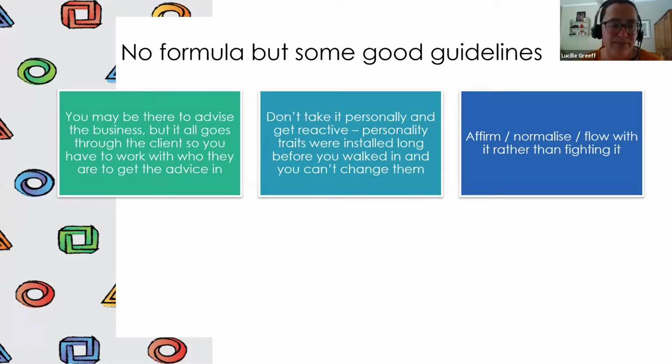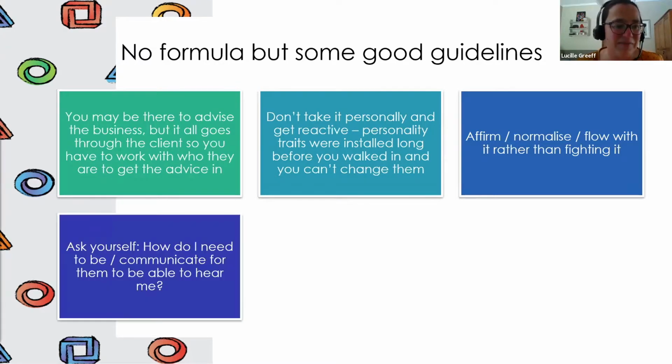The fourth guideline is to ask yourself, not who are they, but who do I need to be? How do I need to communicate for them to be able to hear me? Some people hear details, some people don't. Some people hear you when you talk in positive tone. Some people don't hear positive tone, they only hear risk. So you need to also figure out how you need to adapt your style of communication so that your client can hear you. The fifth guideline